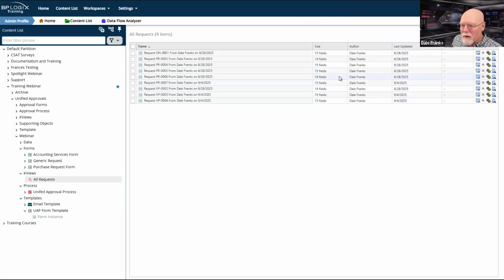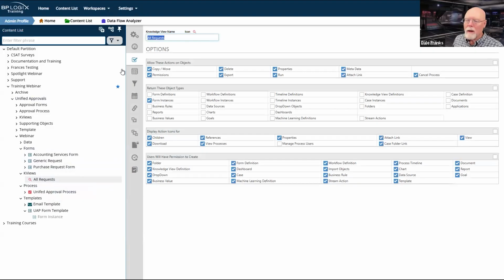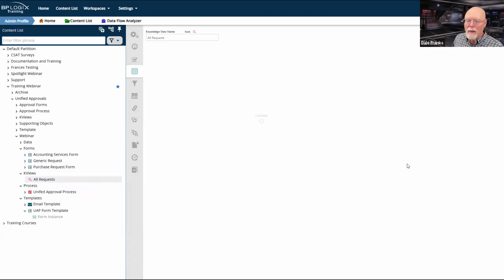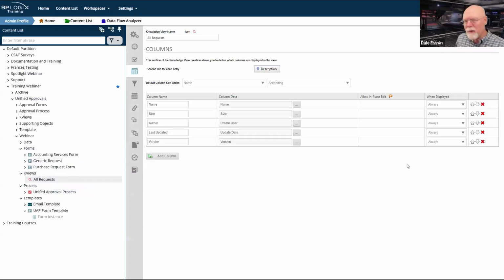But if I want to see form data, I'm going to have to attack that a little bit differently. Normally, the columns and the filter tab is where all the work has to be done here. Normally, what I would do if I wanted to return form field data, for example, the narrative that the user is going to provide when they submit their request, is I'll have a column called narrative.